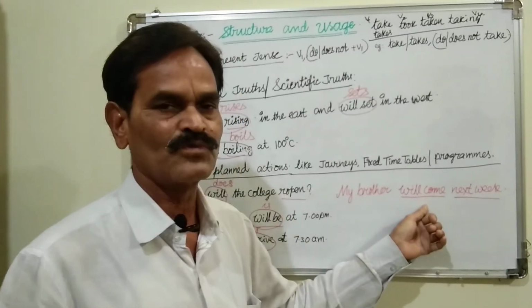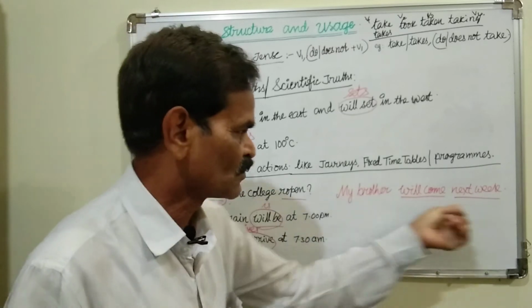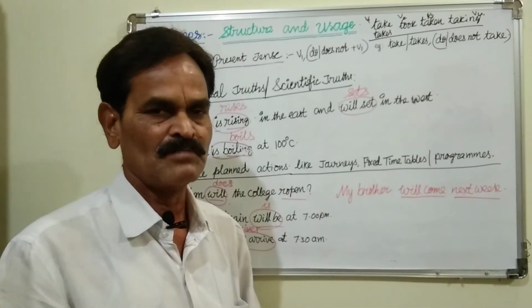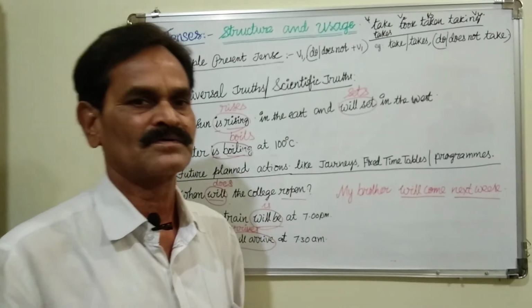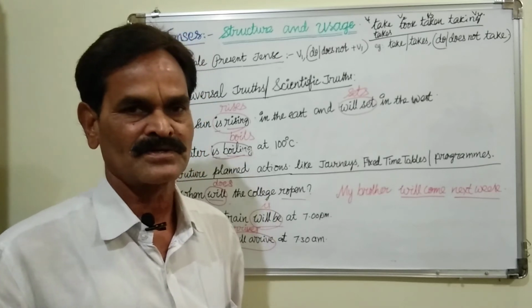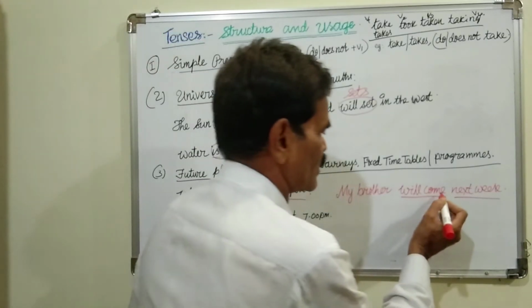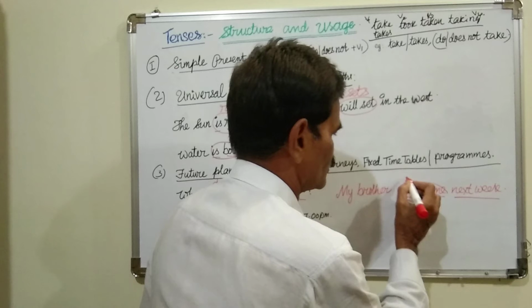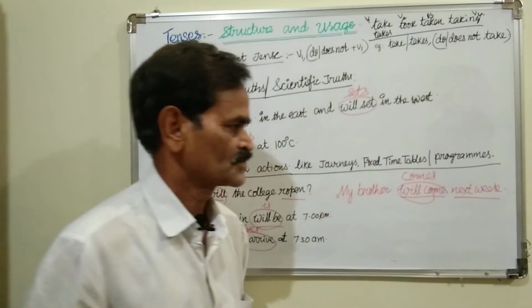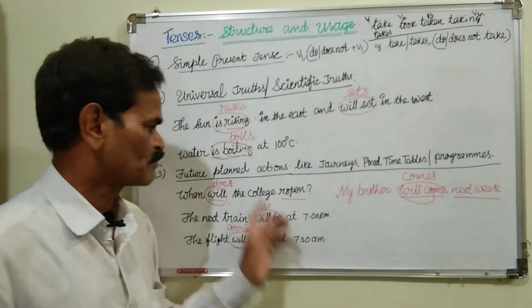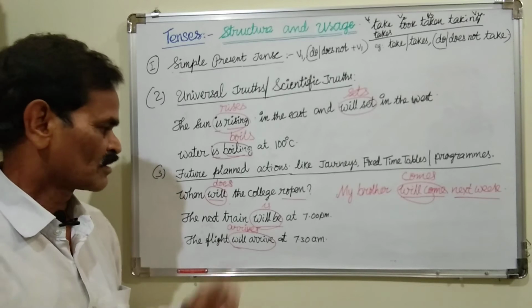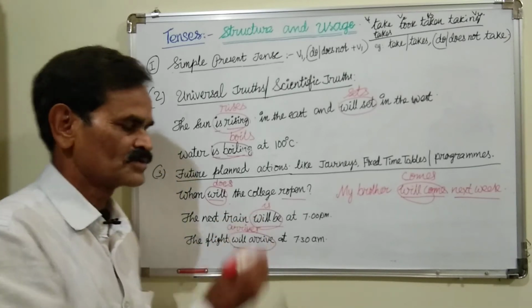This is simple future tense, but it is also a planned action. When he prepares to come, he will make all the arrangements like reservations and everything, and intimation to the parents. That's why it is also a planned action. Here also we must use simple present tense, like comes. So in this way, for future planned actions, instead of simple future tense or present continuous tense, we must use simple present.